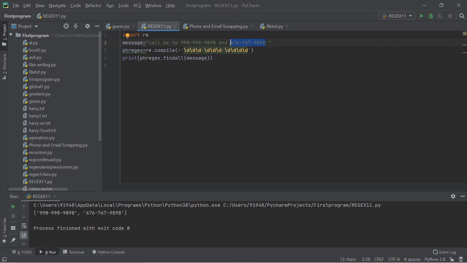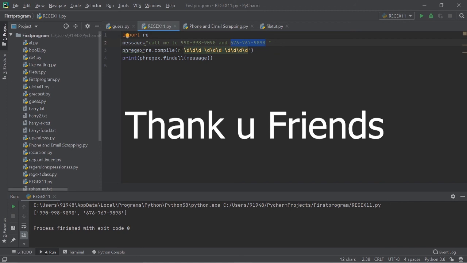First we have to import the re module, then call the re.compile function to create a regular expression object. Call the regular expression object's search method to create a match object. Call the match object's group method to get the matched string. Slash d is the regular expression for a numeric digit character, and in the findall method we don't need to assign it to any other value. We can just give the print statement so that it returns the value as a list of strings.